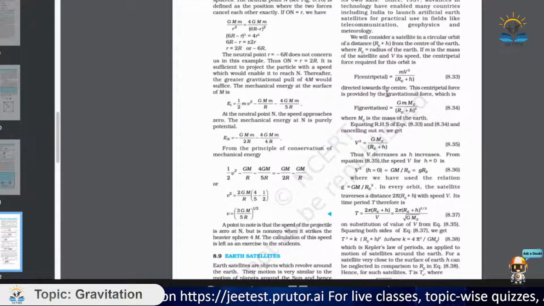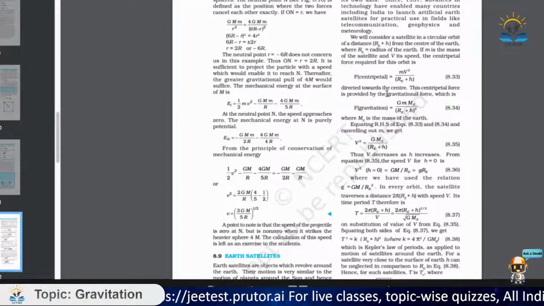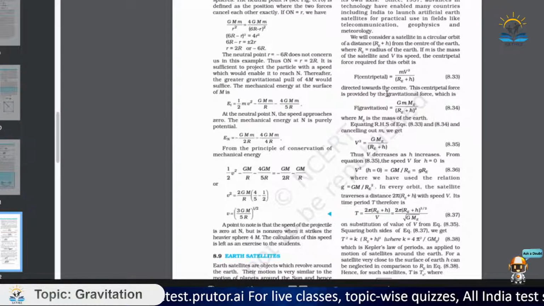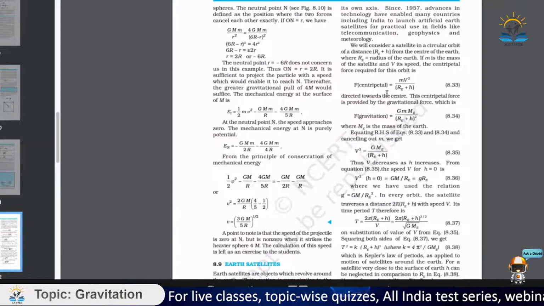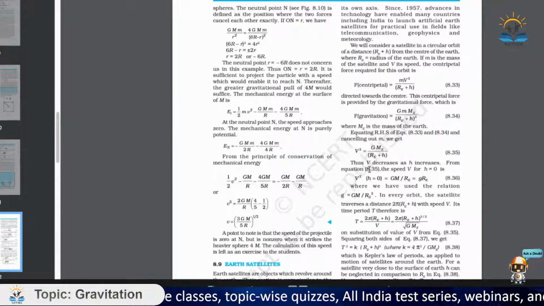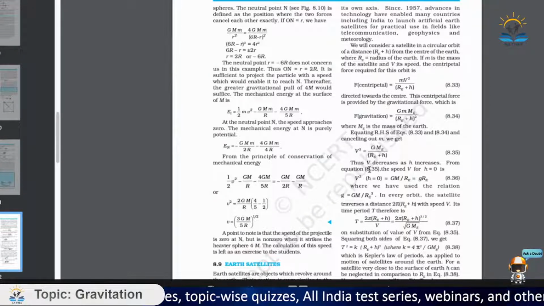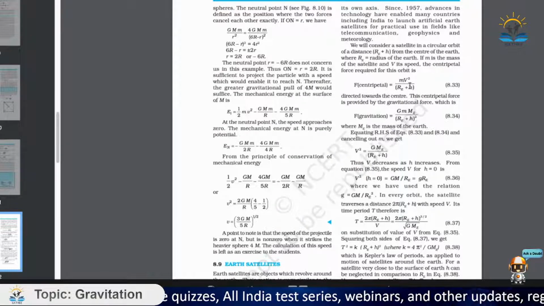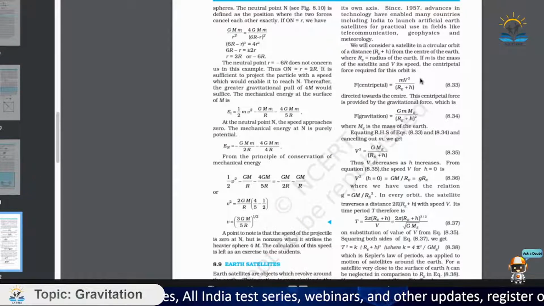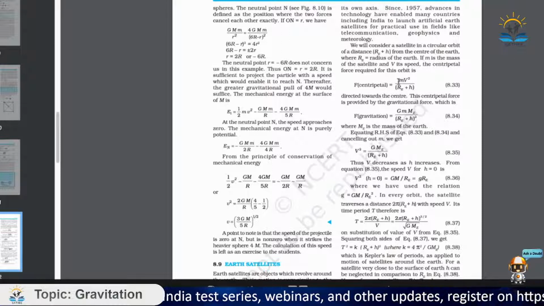Now we may see orbital velocity of satellites. We know that if a satellite is revolving around Earth, it needs a centripetal force. That centripetal force is given by Earth's gravitational field. So that can be written as